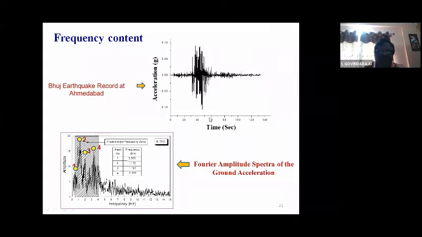We converted this into an FFT to observe the frequency content distribution. Please note that only one amplitude and one frequency is not important to conduct a site-specific earthquake response study. It's always important to consider the amplitude of vibration as well as the frequency content. At the same time, the duration of the strong ground motion is a very important factor which decides the potentiality of